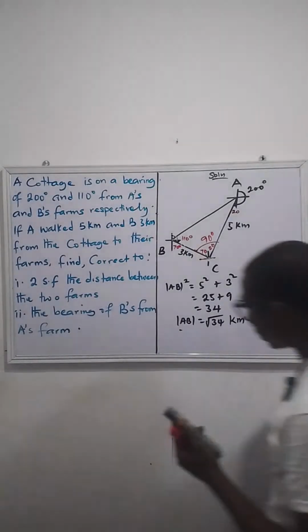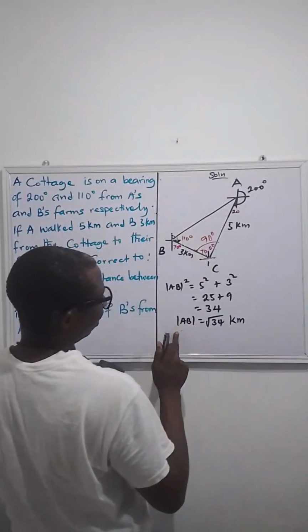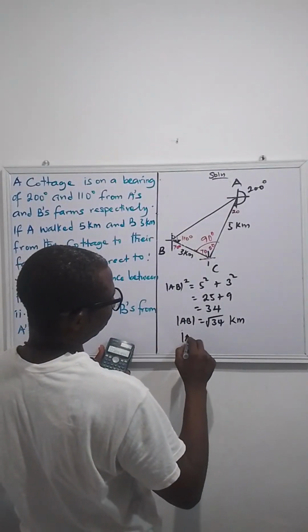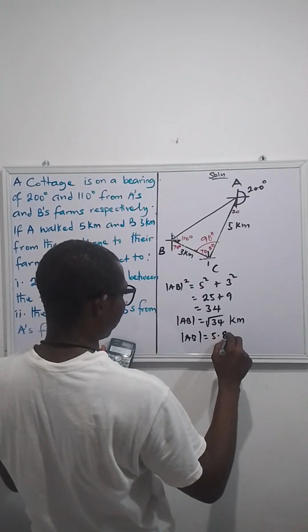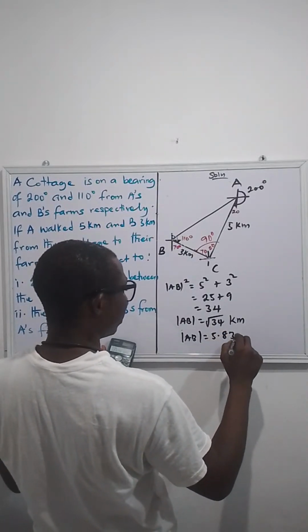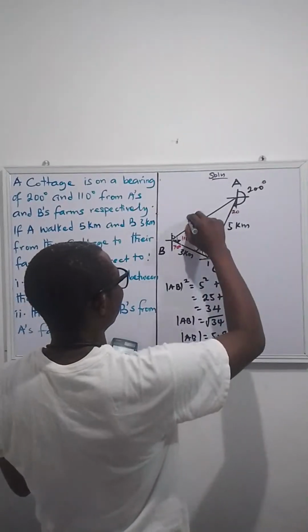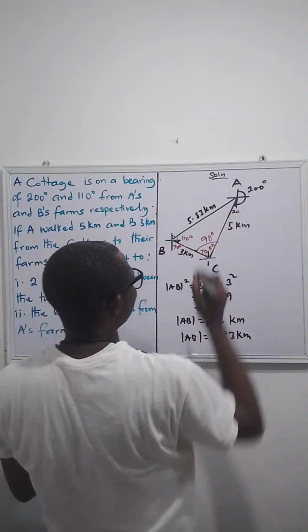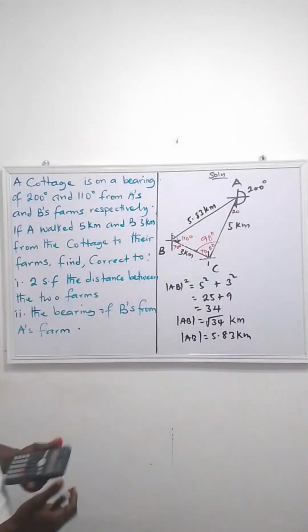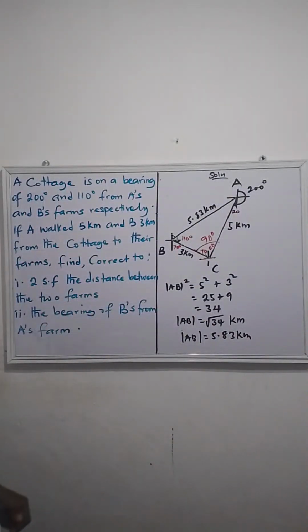Okay, so if you have your answer, you can drop it there. So what I have here is 5.83 kilometers. So this place is 5.83 kilometers. All right. So now we've answered the first part of the question, but the question asks us to